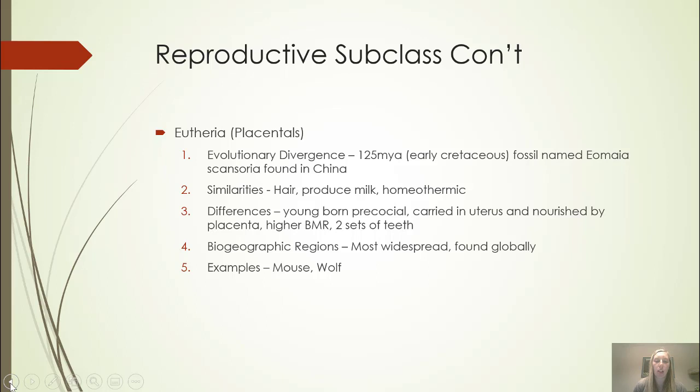The marsupials do not have nearly as many teeth, and then the placentals have two sets of teeth. So they have baby teeth or milk teeth that eventually fall out when the adult teeth replace them. These animals are the most widespread of the three. They're pretty much found globally. Some examples are a mouse or a wolf,